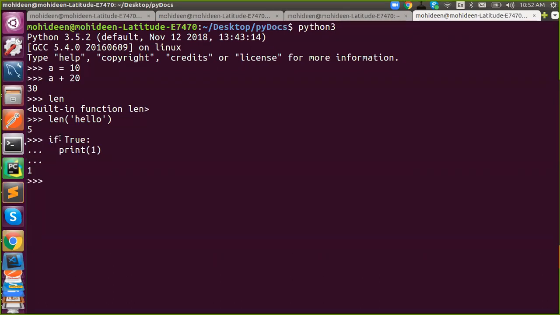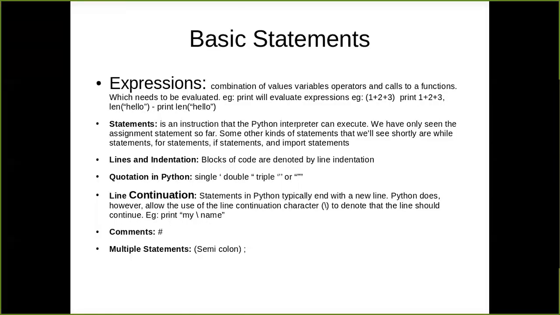So an expression or a line which contains a reserved keyword is called a statement. This is the difference between statement and expression. Expression means something that is going to evaluate, and statement means a static instruction that is going to perform, and it most probably contains some reserved keywords. So this is the difference between expression and statement.